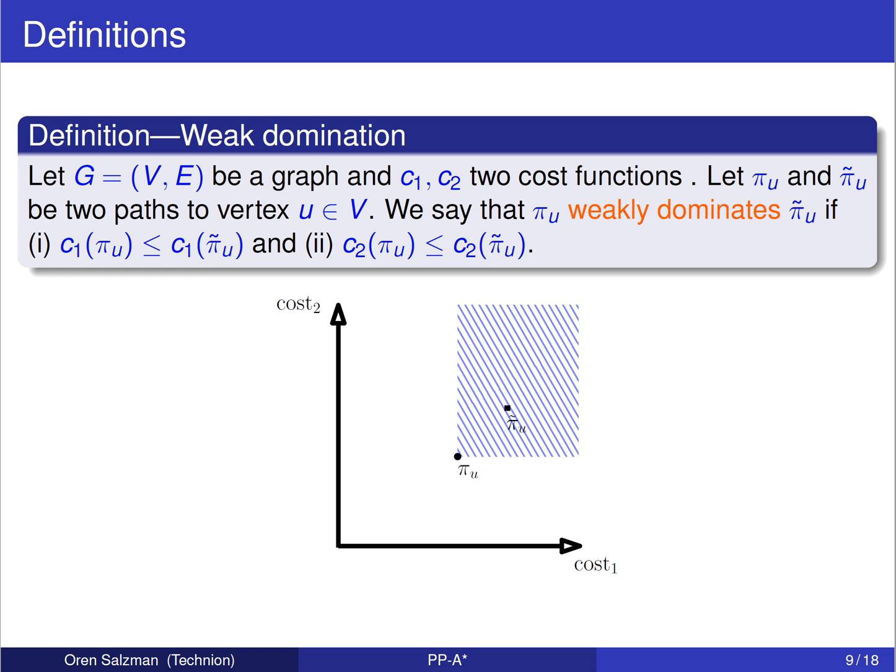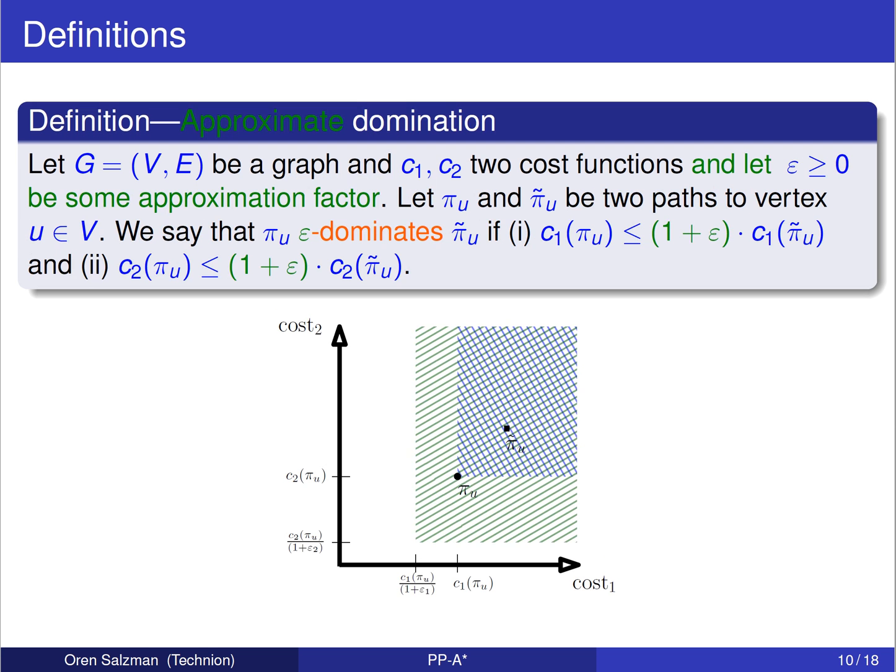And we want to somehow relax this. So instead of asking that the cost is smaller or equal than the cost of all other paths, given some approximation factor, we're going to say that the cost is almost smaller than the cost of the other path,